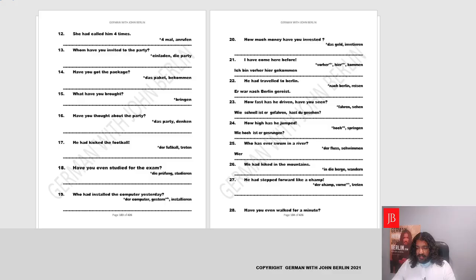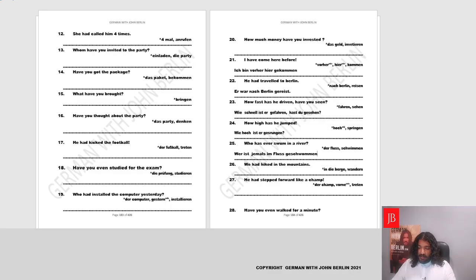Who has. Now we'll look at the main verb and decide the helping verb. Swim is having movement, so the helping verb would be sein. Tense is present. So wer ist. Yes, with wer, conjugation is always in third person. Wer ist jemals. Ever in German is jemals. Yes. Wer ist jemals im Fluss, in the river? The verb to swim is schwimmen. We'll write it in perfect. It's with a ge added, geschwommen.